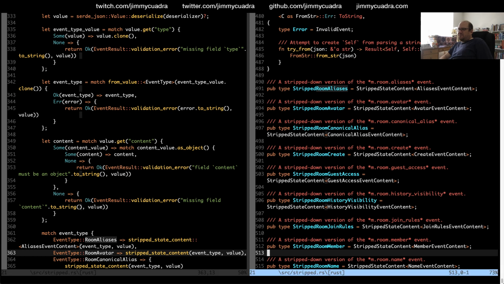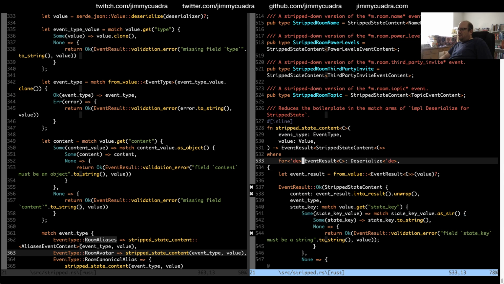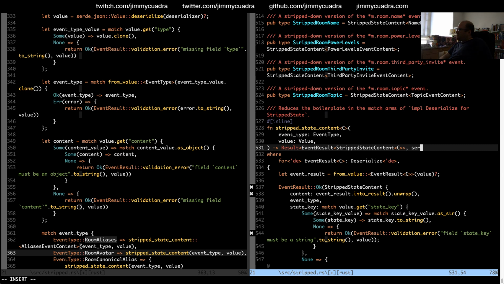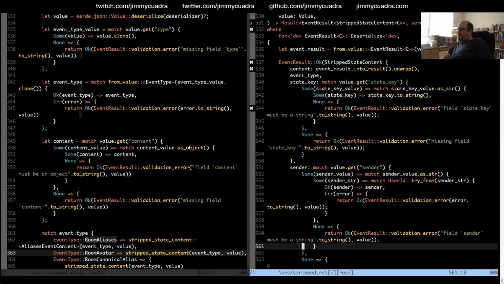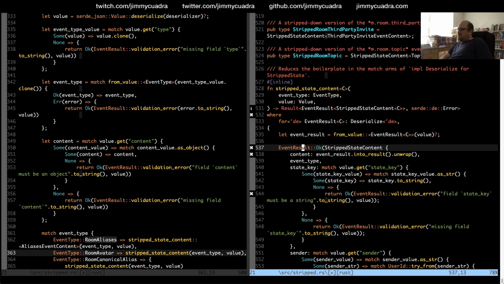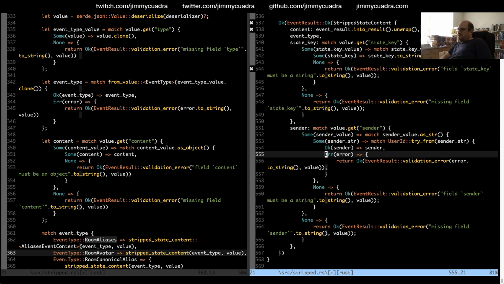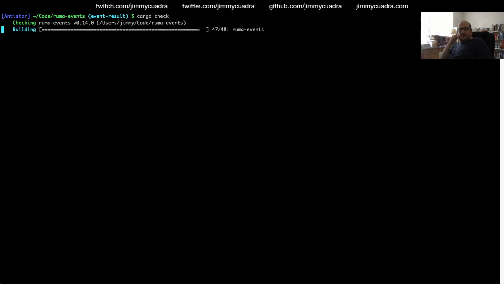So stripped state content actually needs to be a result of event result or Serde DE error, I'm guessing. And what am I returning here? So I just need to wrap another OK around this, I think. Let's see if that gets rid of that error.